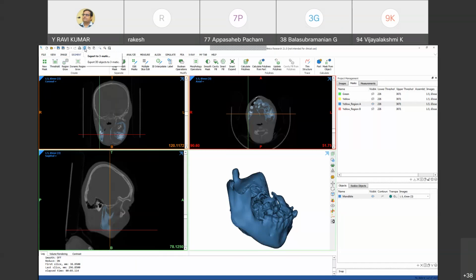Mimics is basically for simulation and models. But in our syllabus it is not available now. So this is how we generate STL from DICOM.